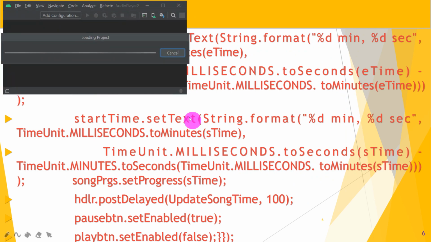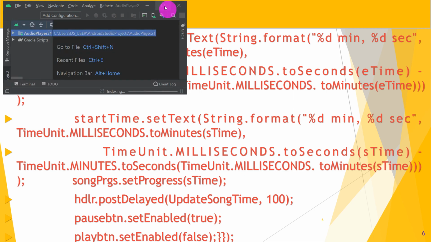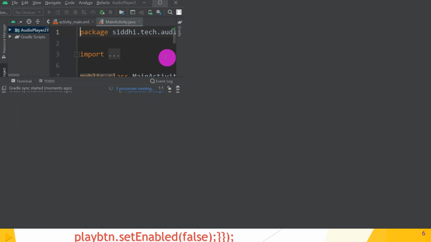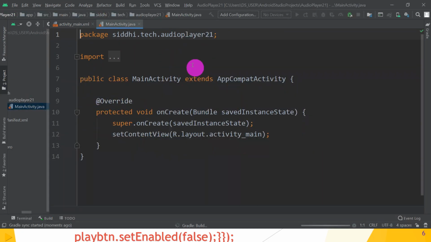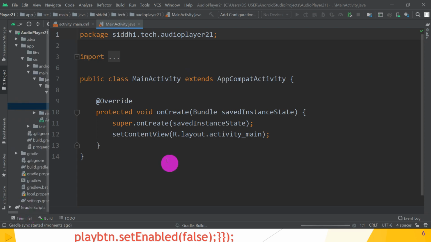Great. So now Android Studio configures my project, and my project is loading in Android Studio. So wait for some time to load my Android project. Gradle synchronization has started, so wait for some time.